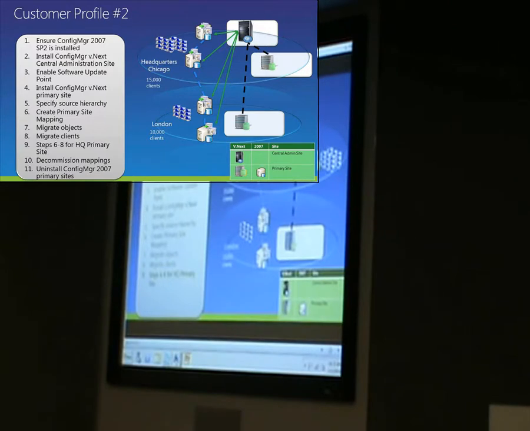So set up a site in London, set up a software update point, synchronize the metadata, specify a mapping from desktop site, a mapping from server site in London up to my CAS, migrate over my objects. They replicate down to London primary site as well as Chicago primary site. Migrate all my clients from the desktop site, migrate over my clients from the server site,